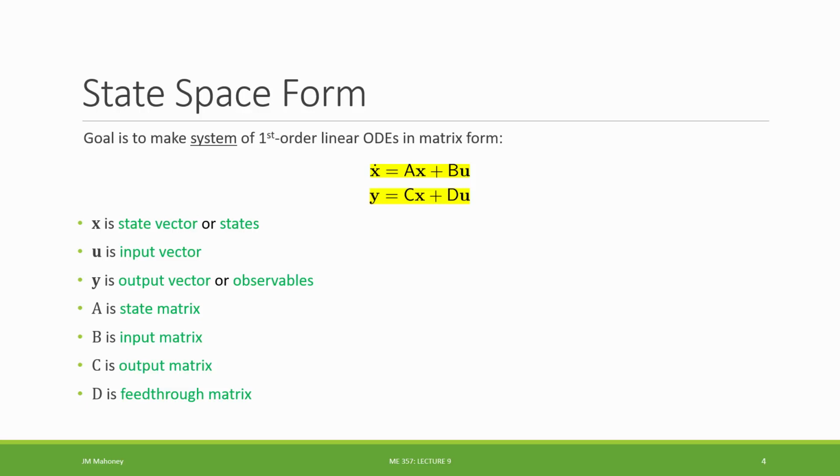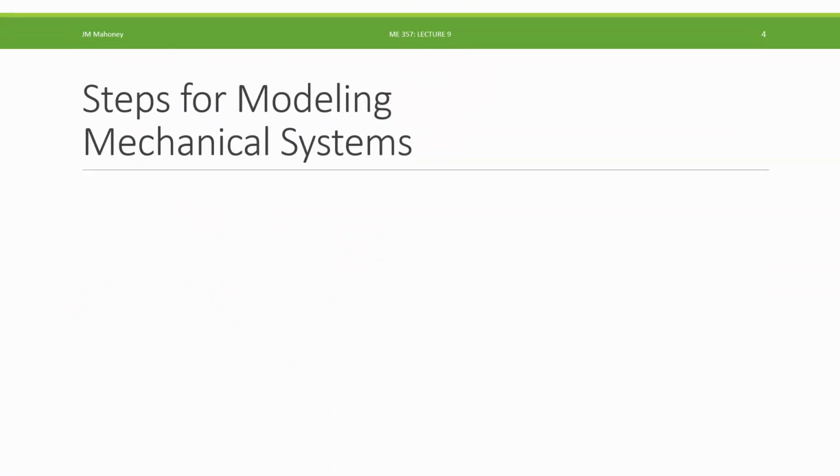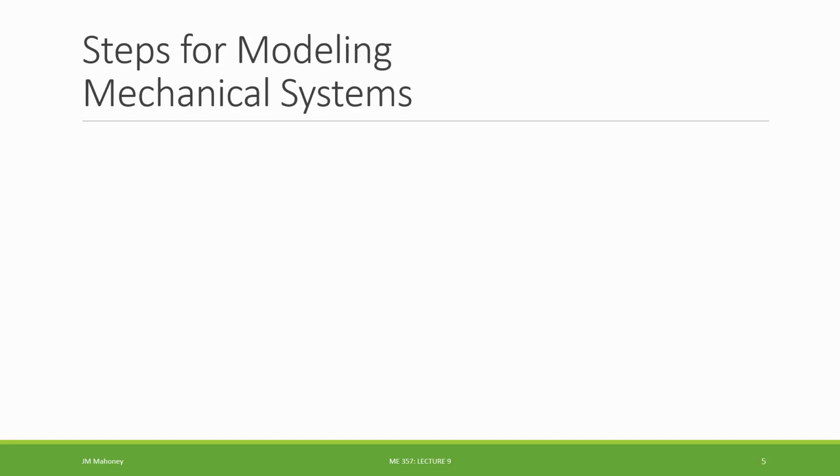So at the onset, it does look certainly more complicated than what we saw for the transfer function, where we were just getting one equation, maybe two equations, and we called that the model. This is a lot more moving pieces to put this whole model together. So how do we go about finding all of these different items that we need in order to put together our state space model? Well, we're going to have some general steps when we're modeling specifically here mechanical systems, but